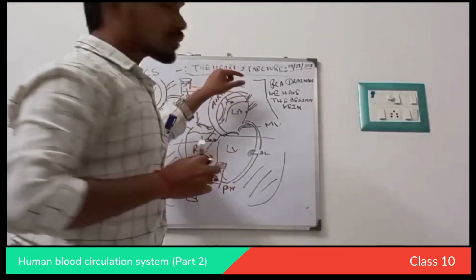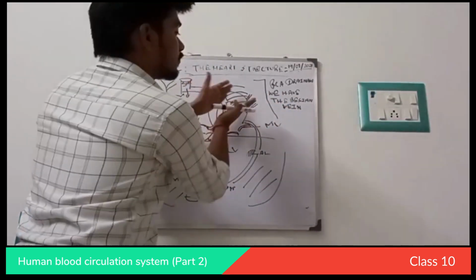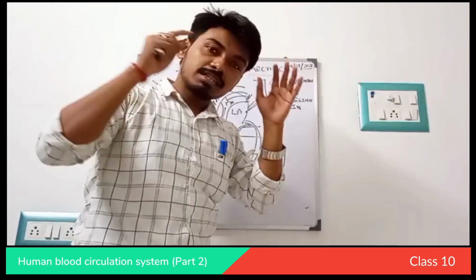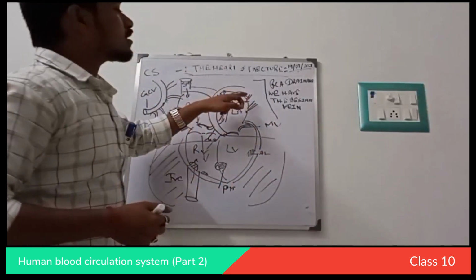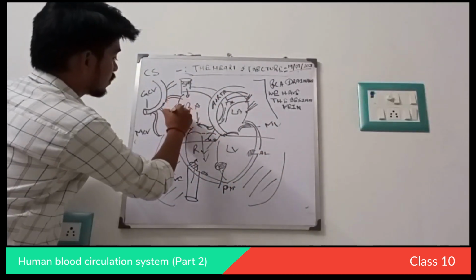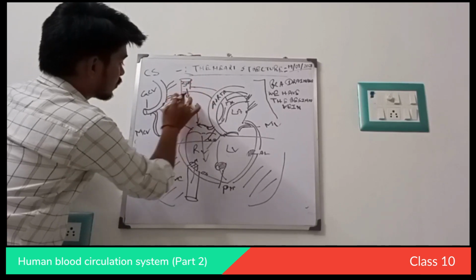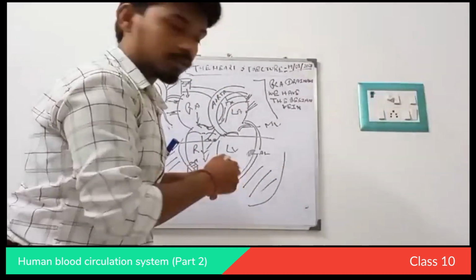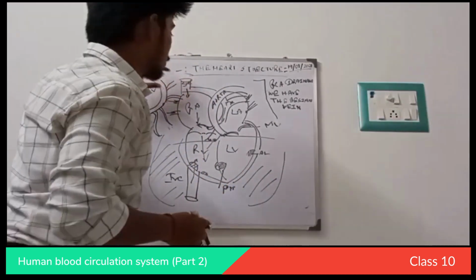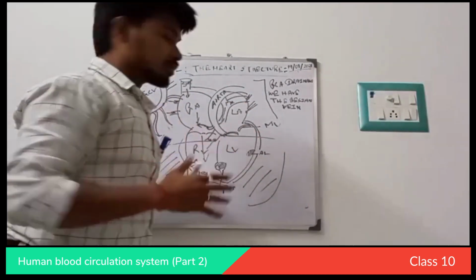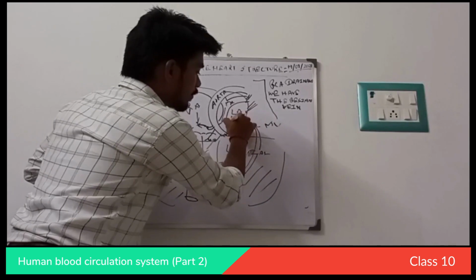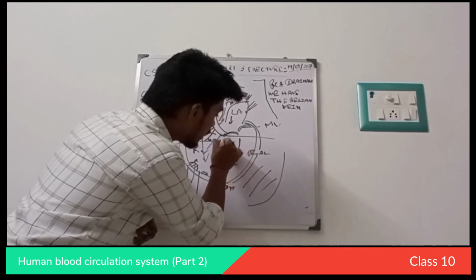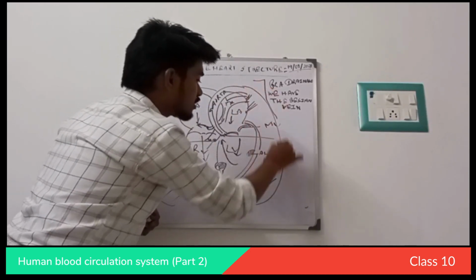There are some segmental things, like artery to arterioles, after that capillaries, capillaries to venules, after that venules form the veins. So left superior, left inferior, right superior, right inferior veins. They go along with the LA. In a 2D structure I can't describe the right superior and right inferior vein, but we can understand it from a two-dimensional picture. So it will come up to the LA. After the LA, it comes to the LV. Okay, LV through the aorta, and then the rest of the whole body circulation.